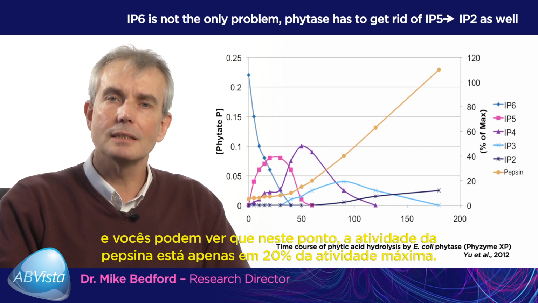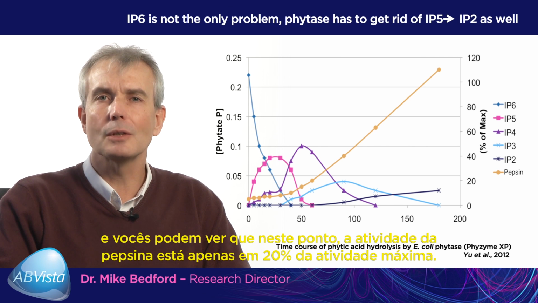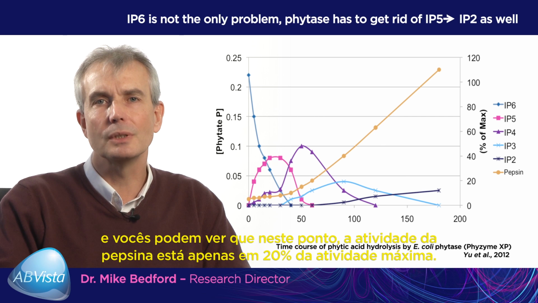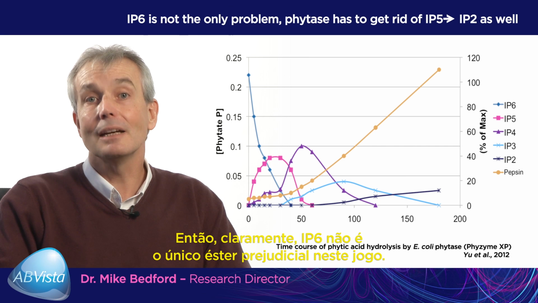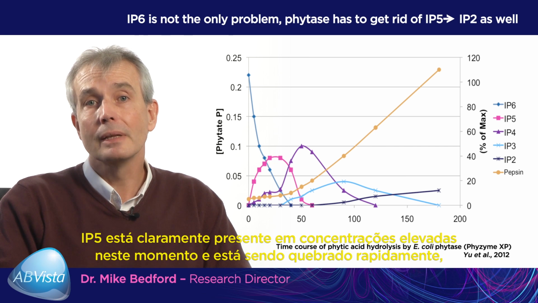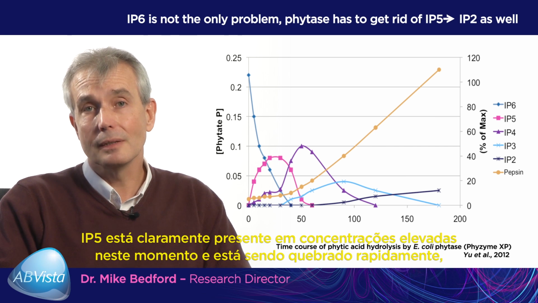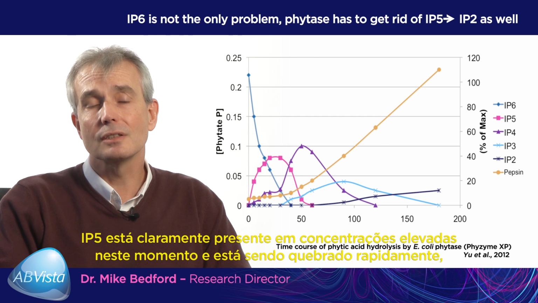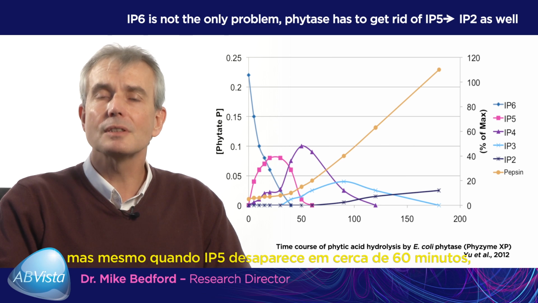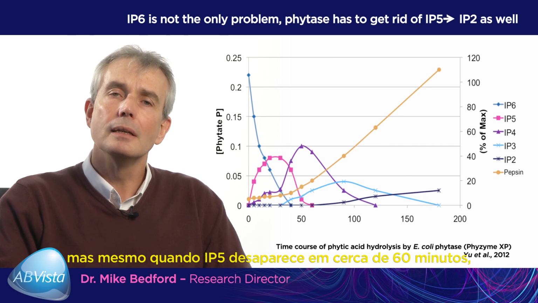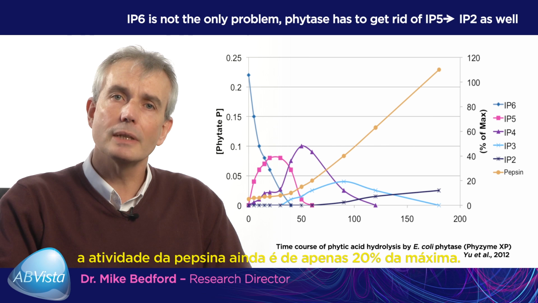And you can see pepsin activity is only at about 20% of maximum activity at this point in time. So clearly IP6 is not the only malevolent ester in this game. IP5 is clearly present at high concentrations at this point in time and it's being broken down rapidly. But even when the IP5 has disappeared at around 60 minutes, the activity of pepsin is still only 20% of